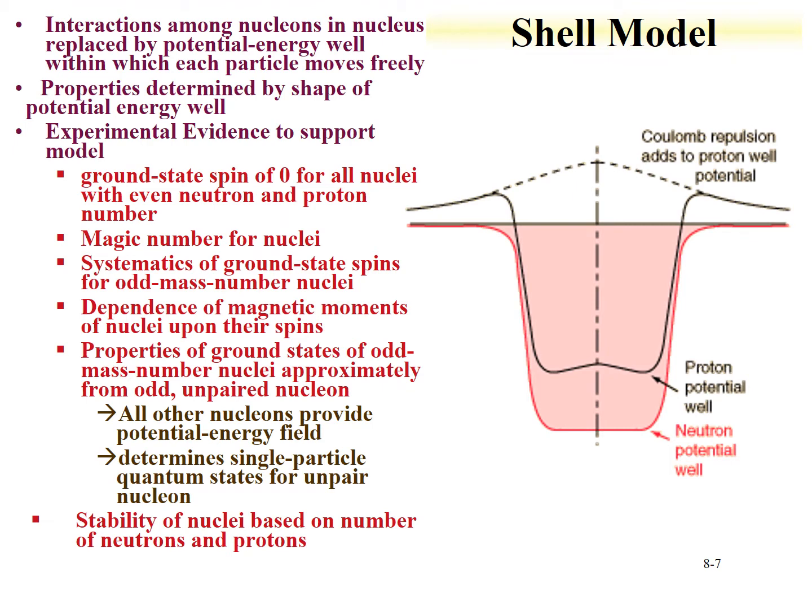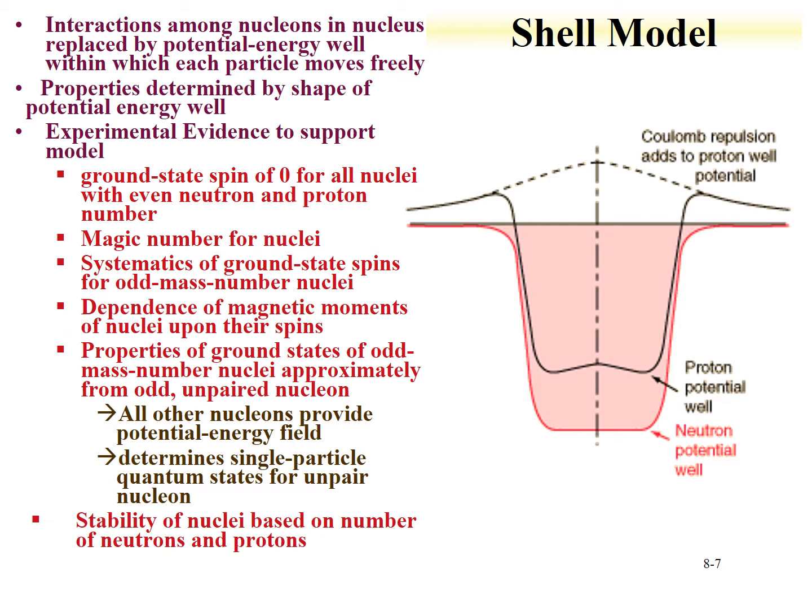These concepts and ideas that we've just discussed can actually be applied to the shell model. And we've already kind of hinted at the shell model where there's some experimental evidence. For instance, the ground state spin for all even-even nuclei is 0+. We've discussed magic numbers. So there are certain nuclei or certain states where there's enhanced stability for nuclei, which is pronounced in fission, for instance. There are some systematics on ground state spins for odd mass numbered nuclei, the relationship between magnetic moments and their spins,